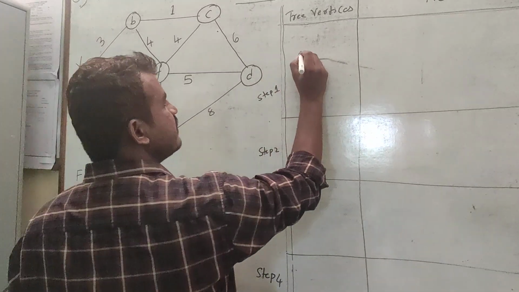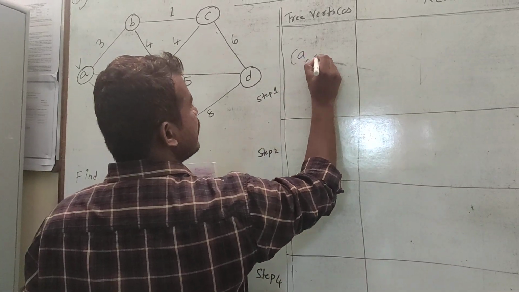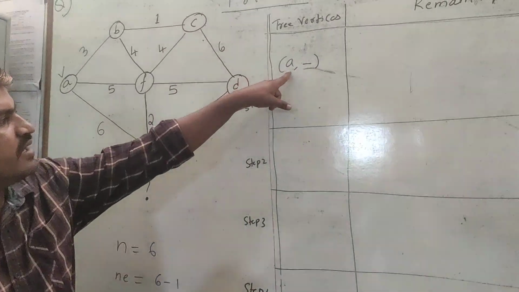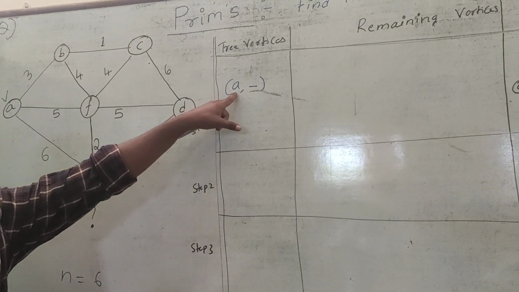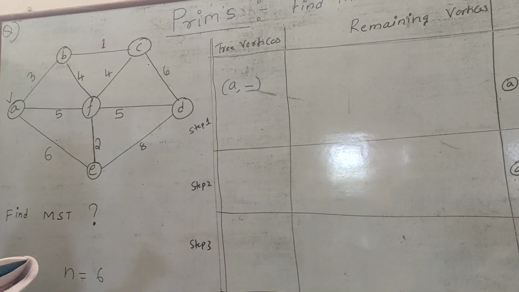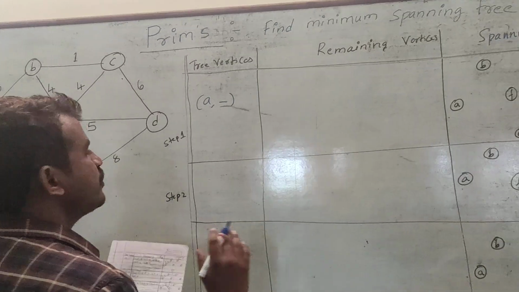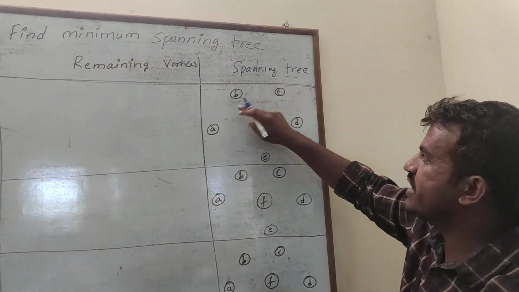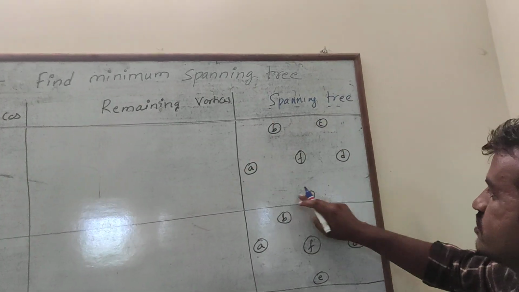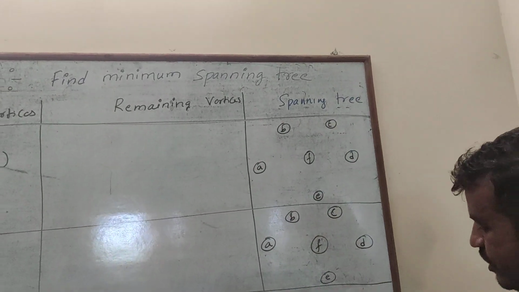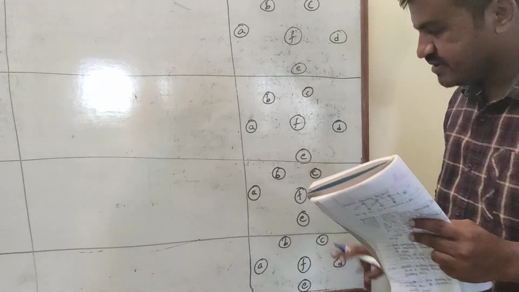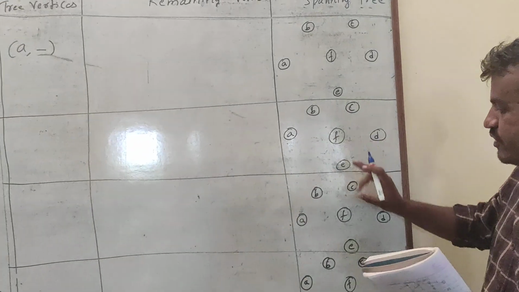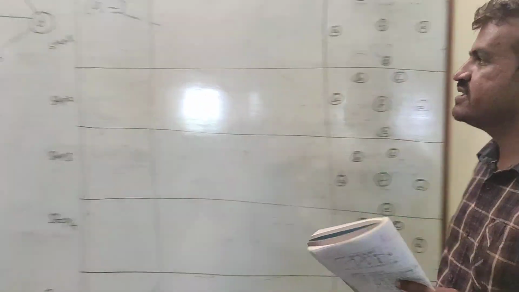The node A is first visited. Make it A. Till now I have not selected any edge, at the beginning. You just write A comma dash in the beginning step; later you have to fill it in. Here, first you have to write only the nodes. Don't connect edges. Only nodes in all 5 steps in this spanning tree. Later you have to connect them. Just write only nodes without edges.